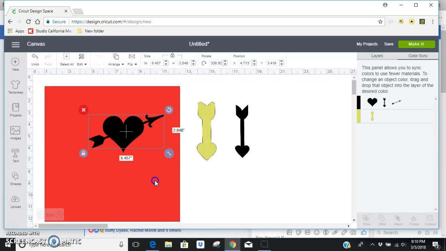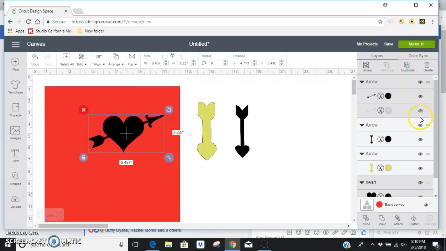If I want them to be all one piece to cut, which I think I've already done in the last video, but I'll go over it real quick. I come back, I went to color sync. I'm going to click over here and go back to layers. Okay, so here's where all these little things come in. I have these highlighted. If I only want them to be where I can move them together, like